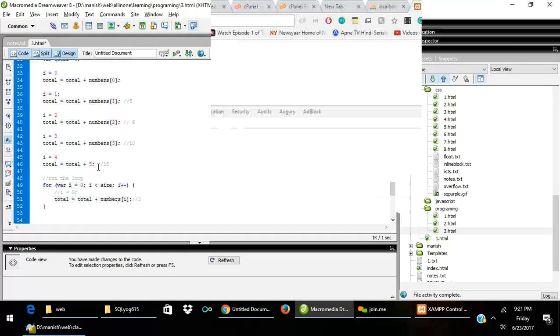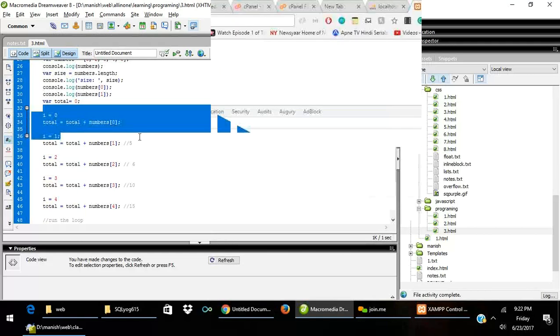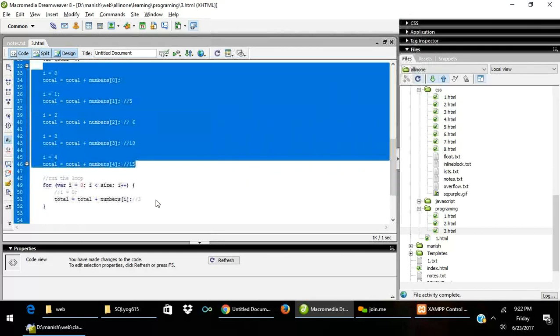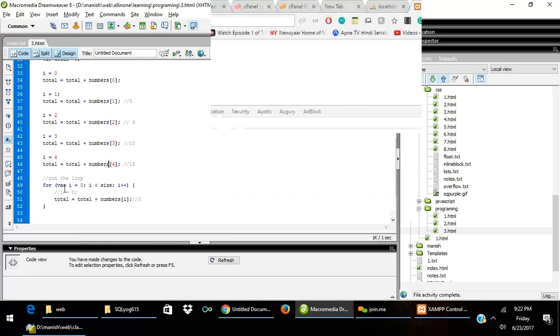When I reach here, this is nothing but numbers of 4. So this I am doing manually. I am looping manually 1, 0, 1, 2, 3, 4. Now, instead of putting 0, 1, 2, 3, 4, I will put